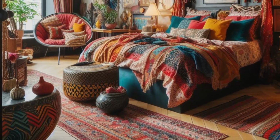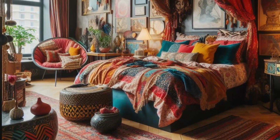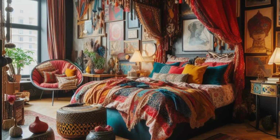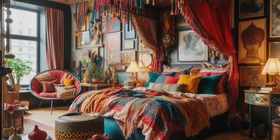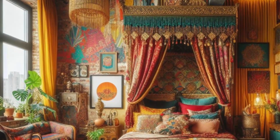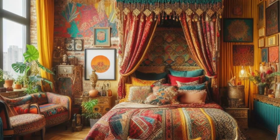Step into this eclectic sanctuary, where every corner bursts with vibrant energy and eclectic charm in the heart of your apartment bedroom. A canopy bed, draped in sumptuous fabrics, beckons you to dream beneath its luxurious embrace, the focal point of this vibrant oasis. An explosion of colors, patterns, and textures dances across the space, infusing it with a kaleidoscope